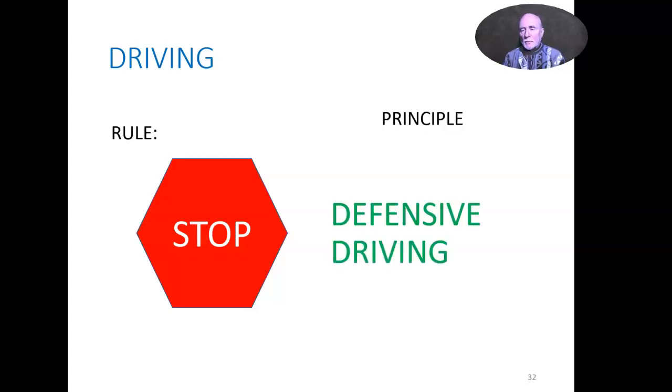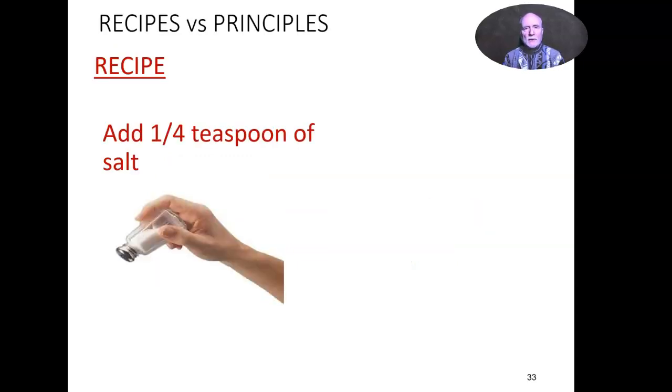But a principle would be represented by defensive driving. It tells you to pay attention to other drivers, to watch out for changes in weather, to be alert to what's going on, to not drive distracted, to not drive with a mobile phone going and talking on it, but to drive defensively. That doesn't give you the same specific guidance that a rule like a stop sign gives you, but it gives you direction, and you have to interpret the principle for the context and conditions where it applies.